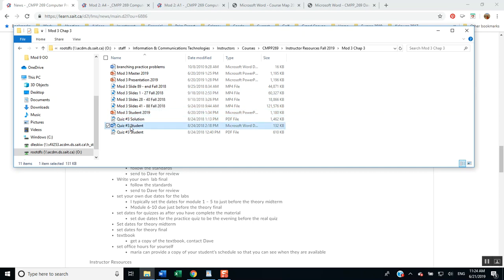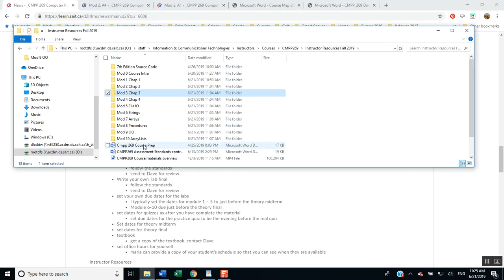We'll also have student copies. I will also have a copy of the quiz. The quizzes are on D2L. They are multiple choice using the lockdown browser, but every now and then somebody has some technology problems and a student complains, oh, I can't write the quiz, my laptop's not working. Anyhow, have some paper copies, give them a paper copy of the quiz. They can write the paper copy. Here's a solution to the quiz so you can mark it, and then you can manually put the grade in D2L. That really helps out a lot.